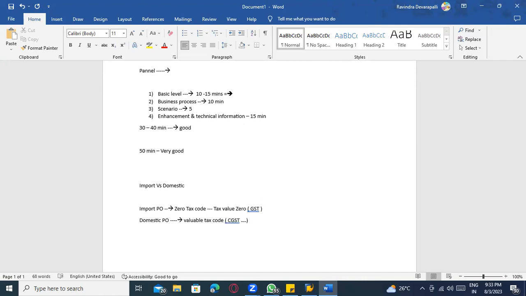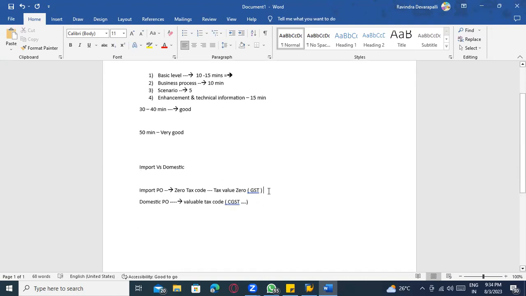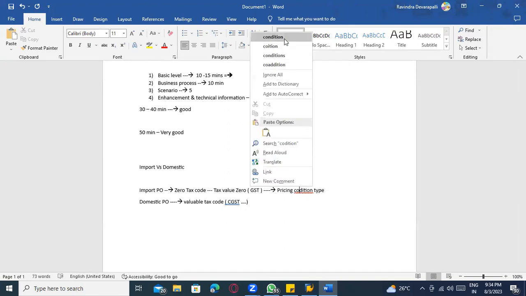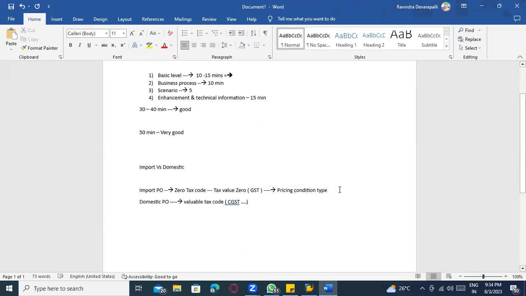Then you can ask where you are maintaining the amount for the customs duties and all. You maintain it in the pricing condition types. In the pricing condition type, along with your normal basic price, discounts and surcharges, you also have the customs related pricing conditions.